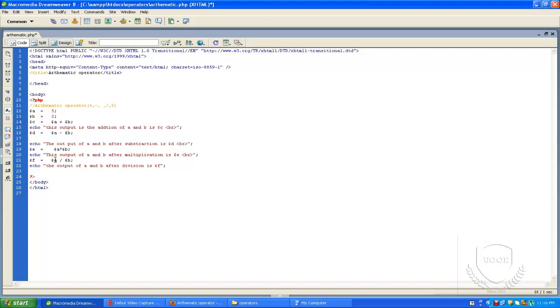If I perform this operation using modulus, it will display the output 1, because 5 divided by 2 leaves a remainder of 1. Then the output of a and b after performing the modulus operator is $g.